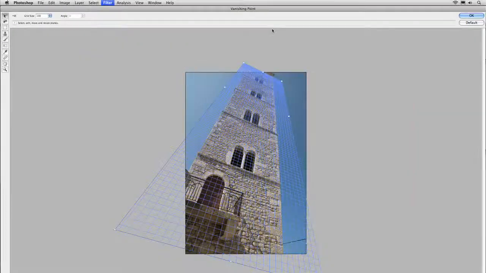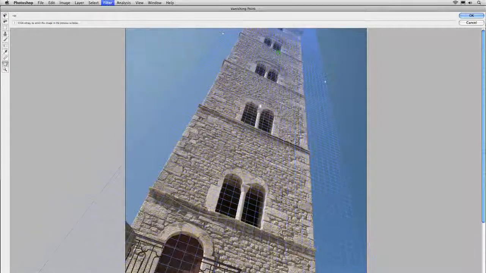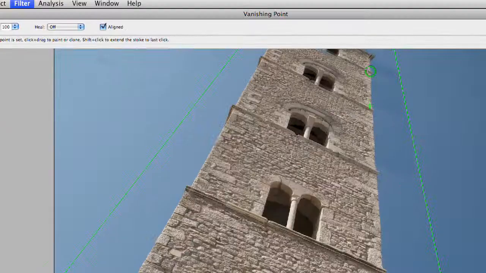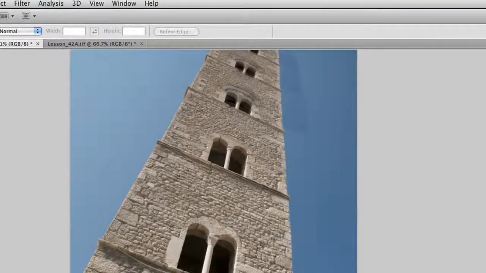If you need to, you could do Command minus to zoom out so you can then see beyond the edges, and that gives you more of the plane. Let's just pull that down a bit. That's looking good. Grab this stamp, Option click to set our source point, come on up where it should go, and click, and there you have it. So, very, very useful. We just added about 3 more stories to this building, and I can click OK, and